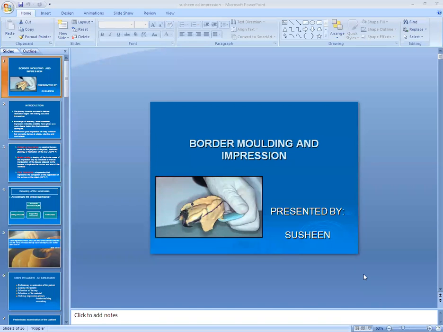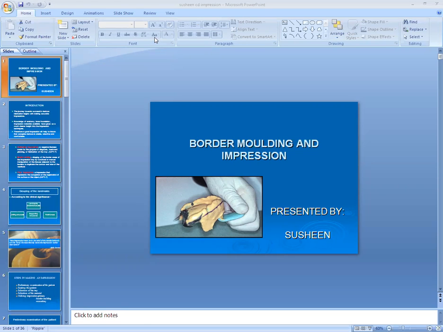Okay. Good morning, friends. Today we will see our important topic, that is border molding and final impression for upper and lower edentulous patients. Why are the final border molding and final impression required? In the primary impression we are making the gross, extended impression.